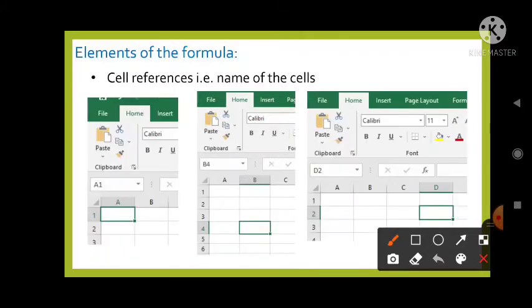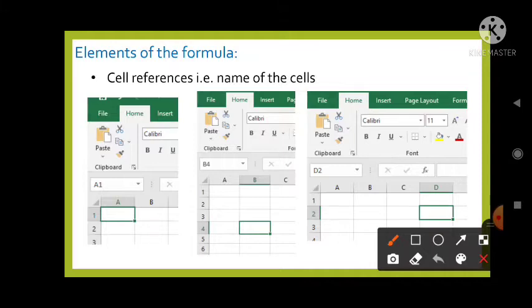In Excel, formulas always start with an equal sign, as you already know, and contain cell references, that is names of the cells, mathematical operators, values and functions. All these are known as the components or elements of the formula.